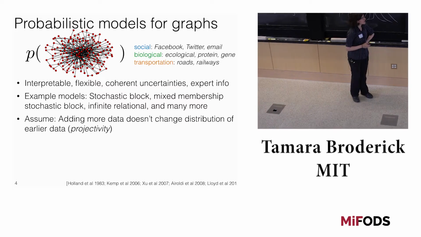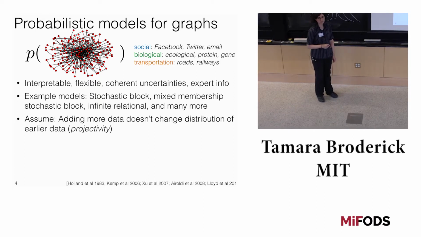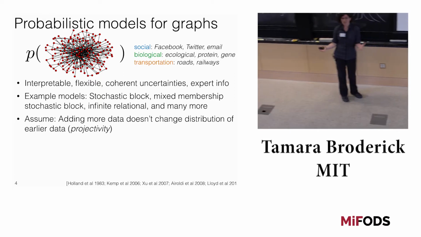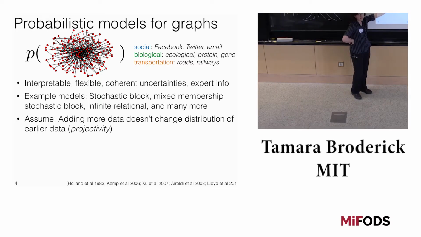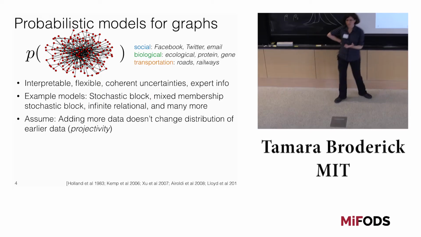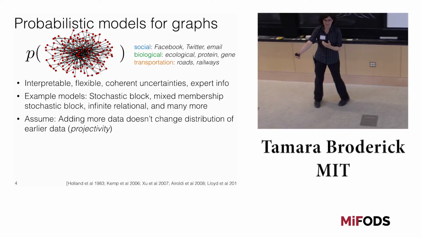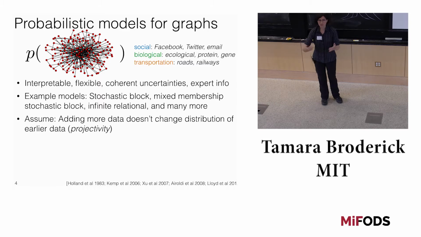Now, let's talk about all of these models at the same time, just like we did about all exchangeable clustering models a moment ago. So in particular, let's first make a very, I think, simple assumption. If we assume that adding more data doesn't change the distribution of earlier data, like let's say you get a new email in, you're looking at an email network, like people emailing between each other, it shouldn't be that you get a new email and that affects the old emails in any way. Like they're still there or they weren't.